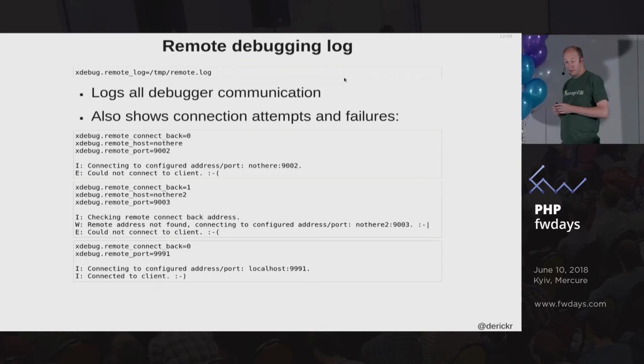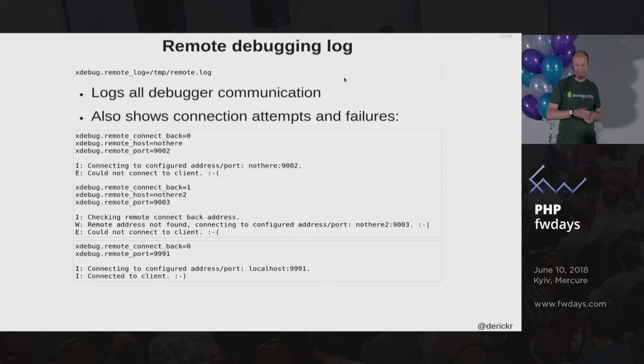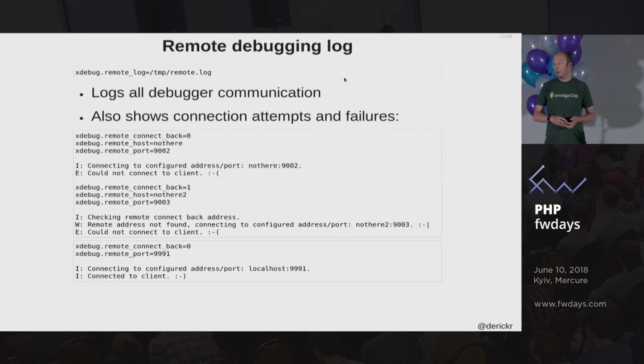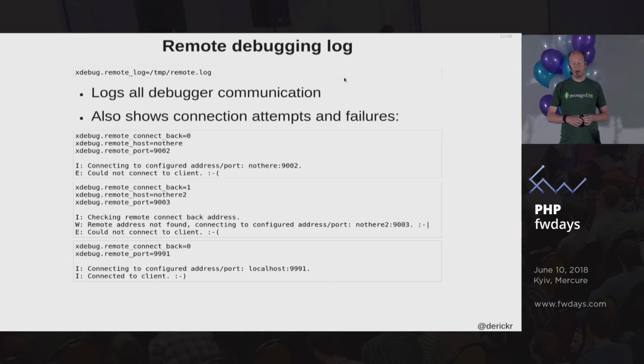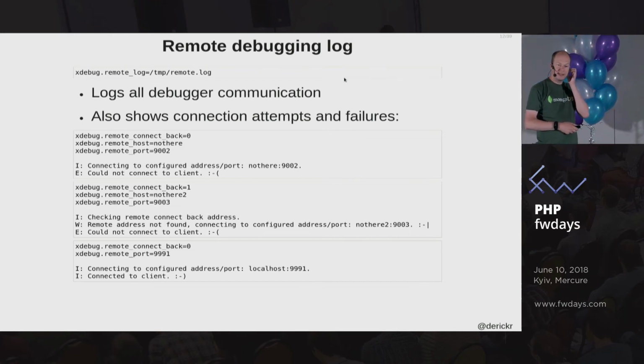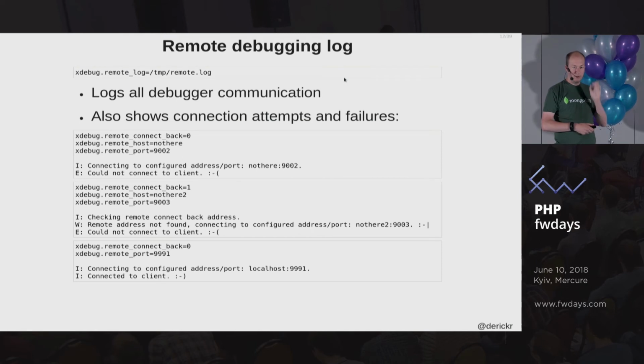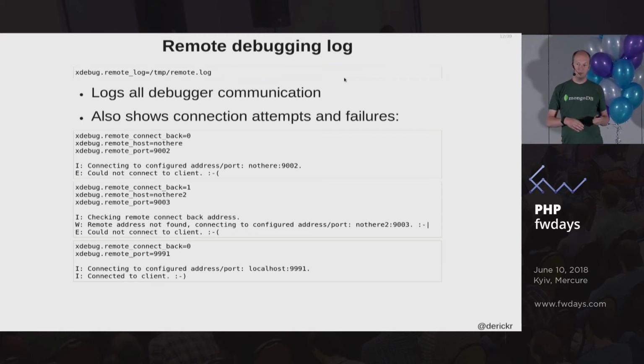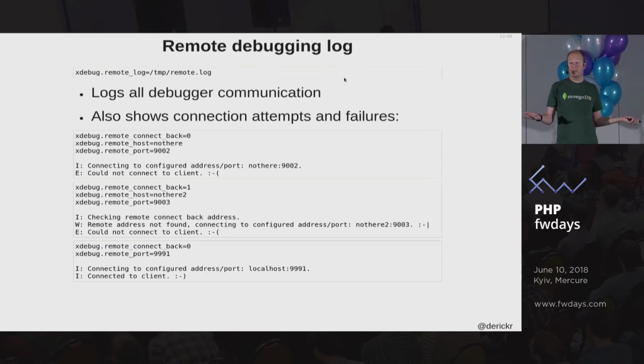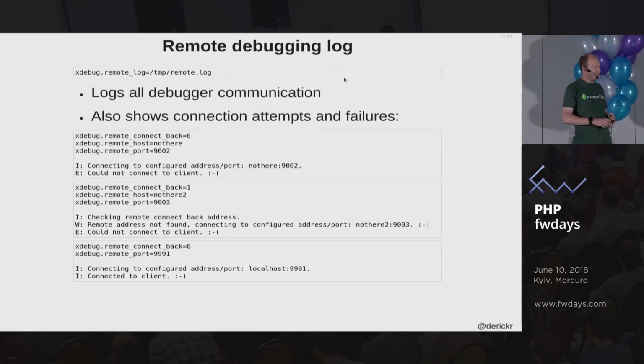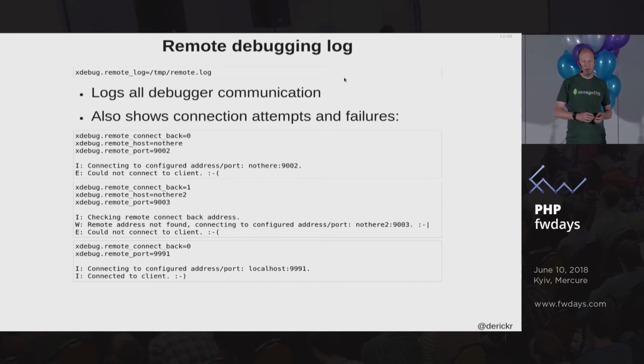So sometimes, annoyingly, Xdebug also has bugs in it. I mean, nobody writes bug-free code, right? Not even I do. In some of these cases, I need a reproducible case. Basically, an example of how you can reproduce the bug in Xdebug. Sometimes the bug is in the IDE, sometimes it's in the debugger, but without knowing how to get there, I don't know, right? So Xdebug has a setting called remote_log, and if you set that to a file,